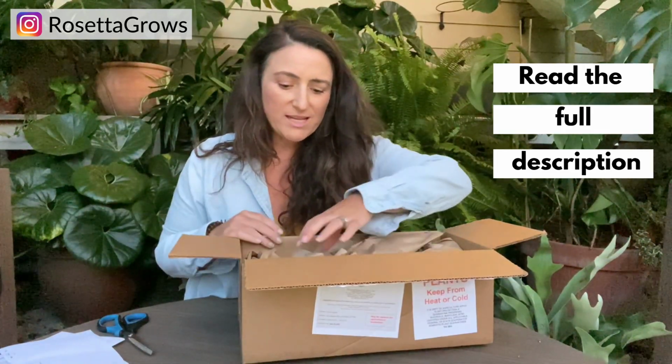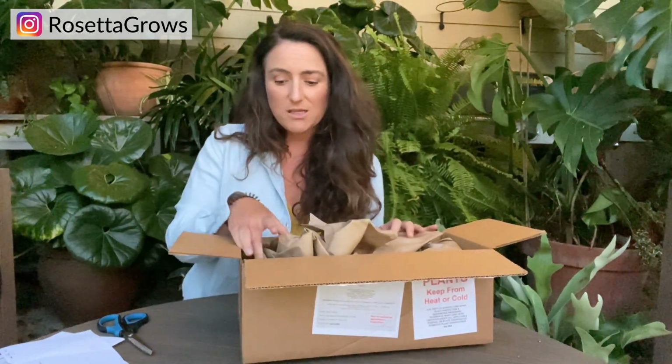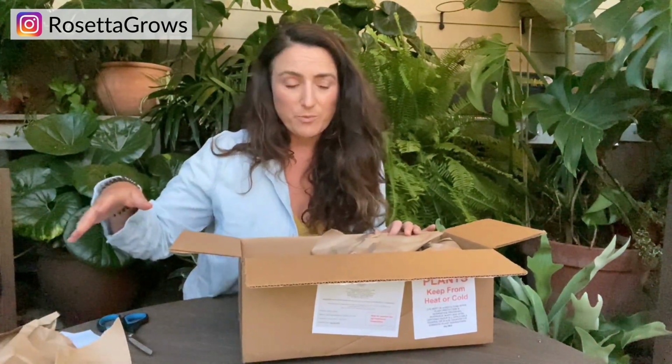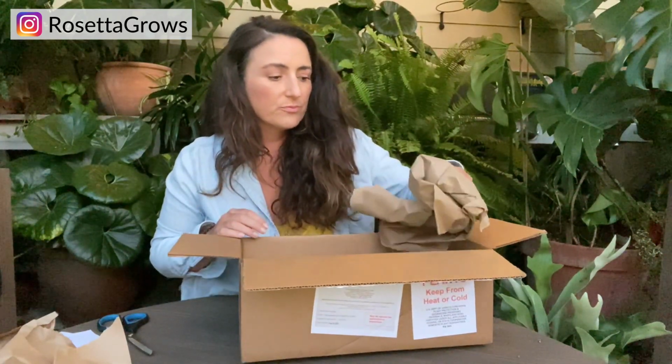resource for you. And something else to keep in mind as you are looking at the plant description: I have been in a situation before where I thought I was getting a full plant and I ended up with just a cutting because I wasn't reading the full description. So you definitely don't want to be surprised. Maybe you think you're getting a bigger plant and it's actually a 4-inch plant or a 6-inch plant. You definitely want to be aware of that. This might be more applicable for smaller sellers on Etsy or what have you, but just be